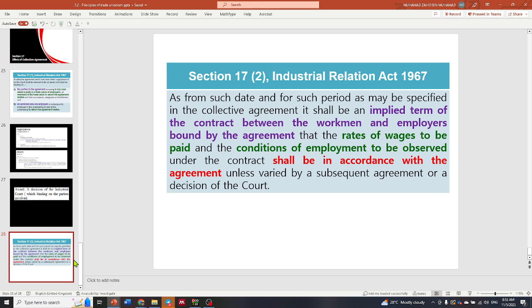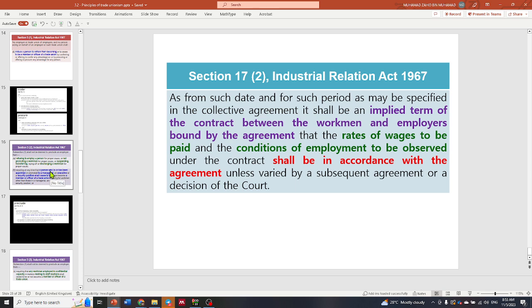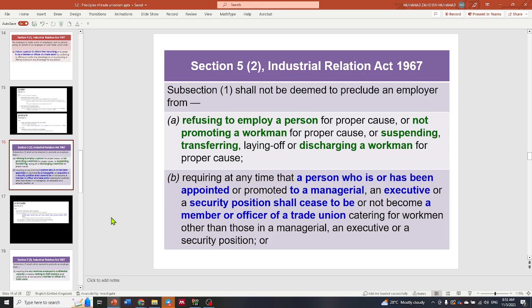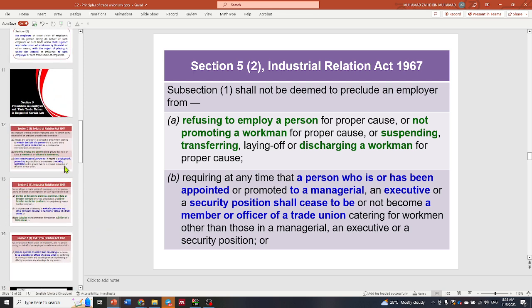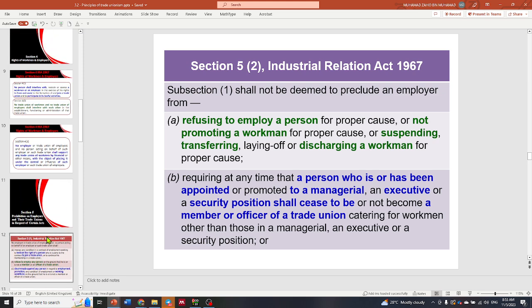Section 5/2. Section 5/2. Apa yang section 5/2 tu cakap? Refusing to employ a person or not promoting a workman or suspending, transferring, laying off or discharging a workman. Alright,